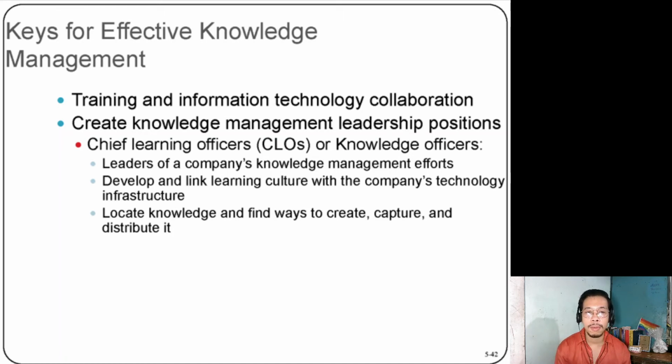So they are the ones who initiate and lead the company's knowledge management efforts, develop and link learning culture with the company's technology infrastructure, and locate knowledge and find ways to create, capture, and distribute it within the organization. So, in a nutshell,